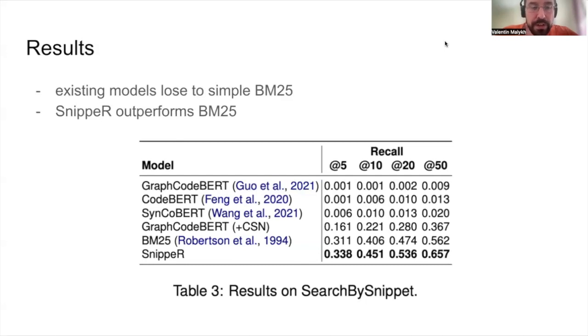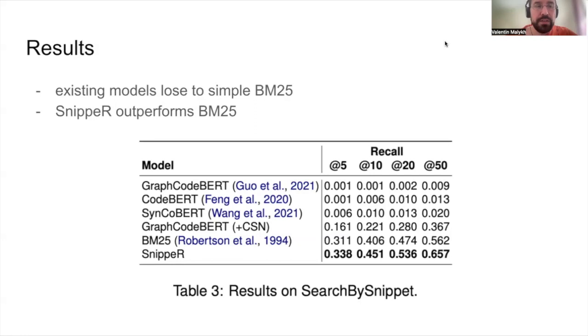If we train GraphCodeBERT on the classic CodeSearchNet dataset, so that it is able to retrieve a docstring by function body, it is still not really effective, because BM25, the model which has no training at all, it just works, just initialized and works, is better than all other models, except, of course, our model, which we call